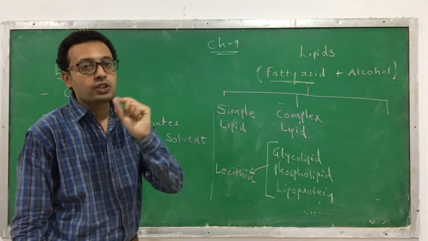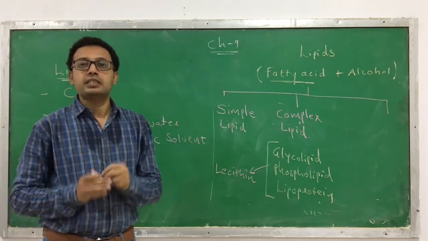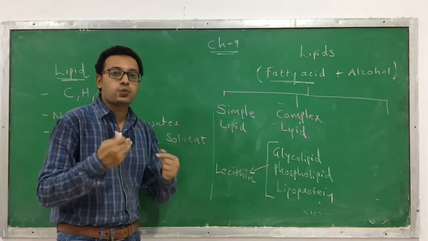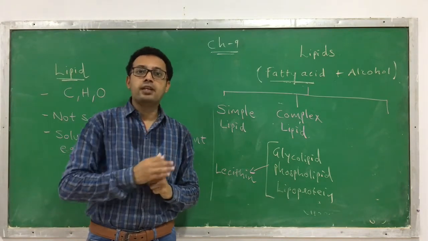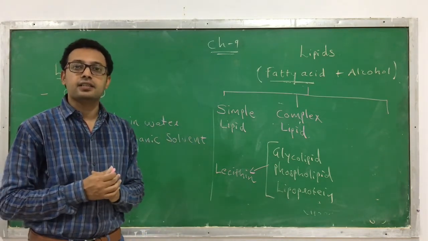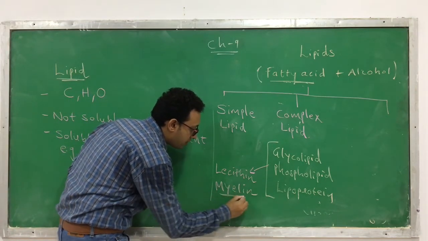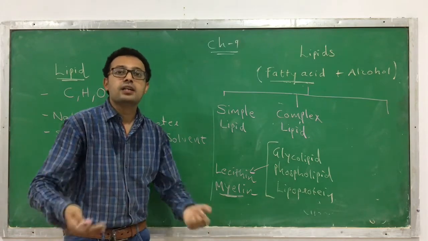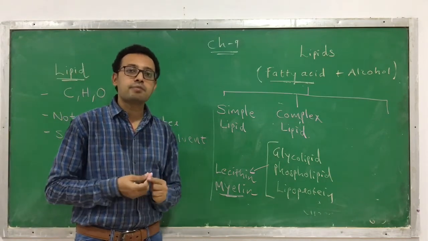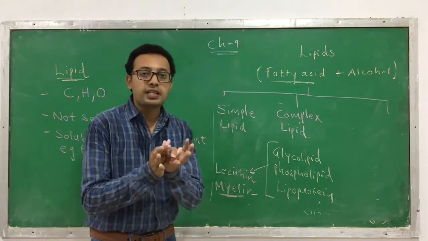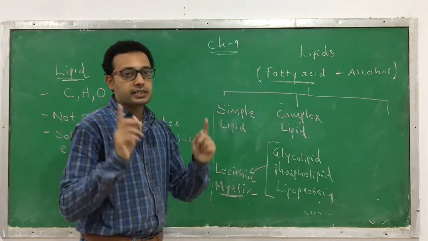I will also tell you where lipid is present. You can find lipid at a number of places in our body, but one of the important places is surrounding a nerve fiber, the neuron. You might have learned the structure of the neuron in the 9th and 10th standard, and you know that the neuron is surrounded by a myelin sheath. What is this myelin? Myelin is a complex lipid, but its complexity is somewhat higher than other types of lipid. That prevents dispersal of current. So myelin is a lipid, a complex lipid, the second type of lipid.